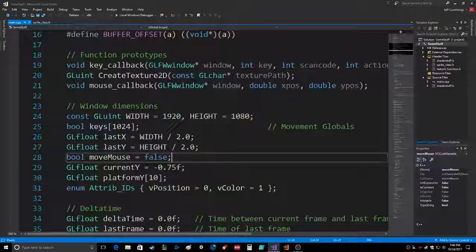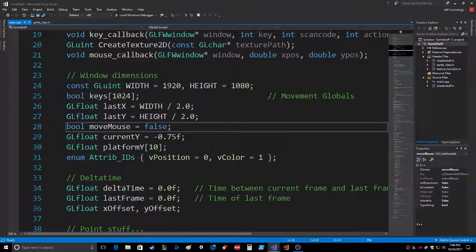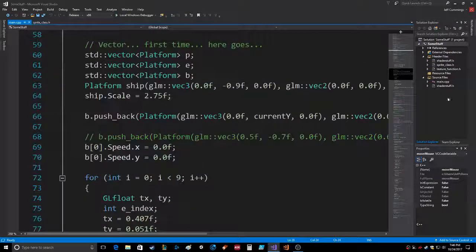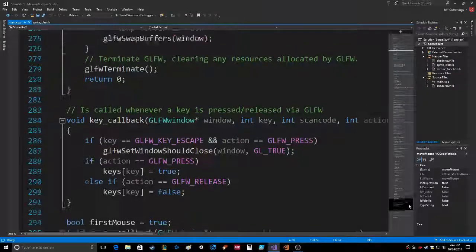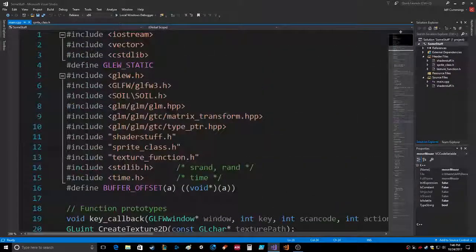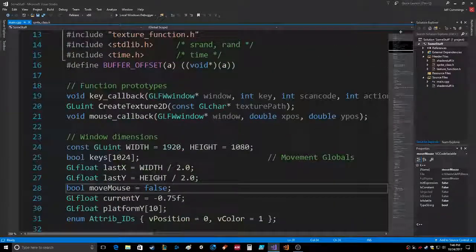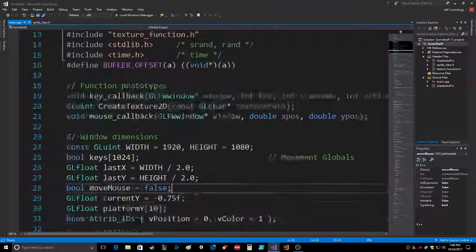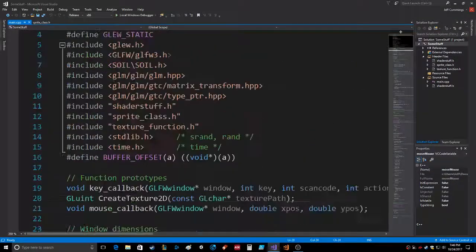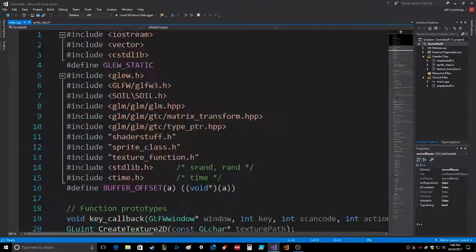I wanted to go and revisit this project and do what I did to the last project, which is go through and thoroughly comment all the variables and all the lines of code. This is a little bit longer of a project. I may not even go all the way through the project in the first video, so just bear with me here. But I thought it would be really good to get my bearings on using the textures again and using the SOIL